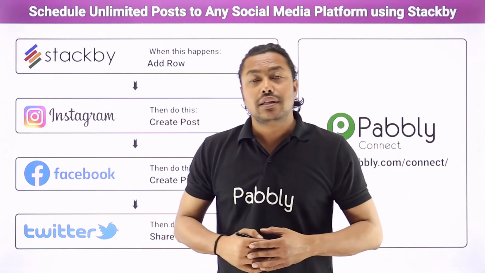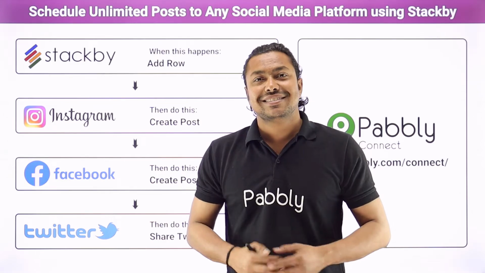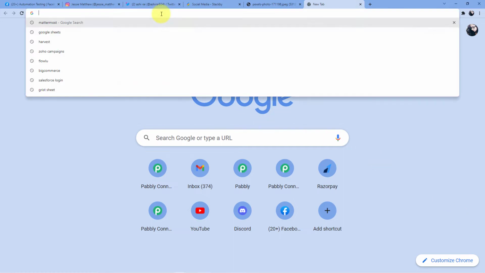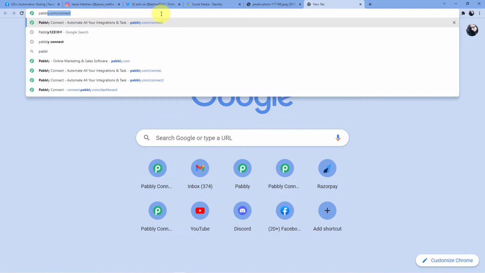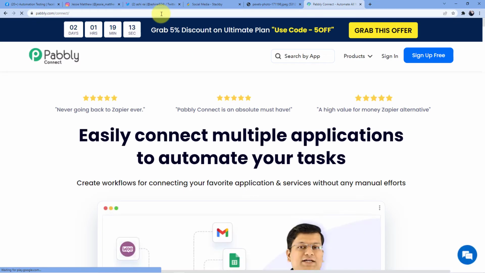Now, if you want to learn how to do this automation, you have to come with me to the screen. And we are now on our screen and let's get it started. So, first what you have to do is go to the address bar and type in pabbly.com/connect and press enter, and as soon as you press enter, you will be redirected to this beautiful web page